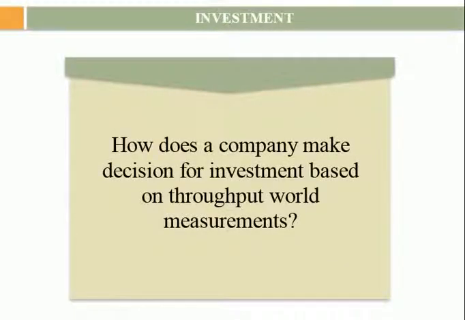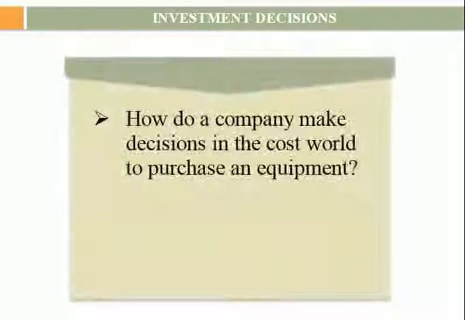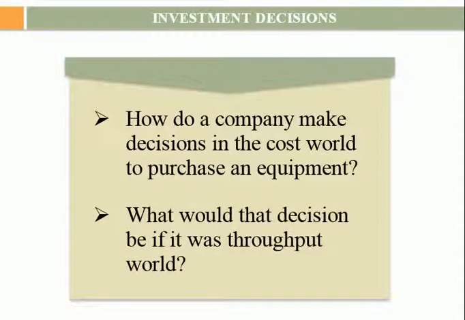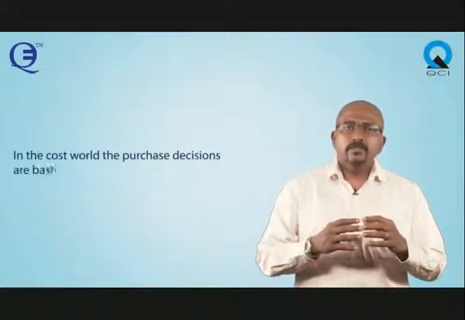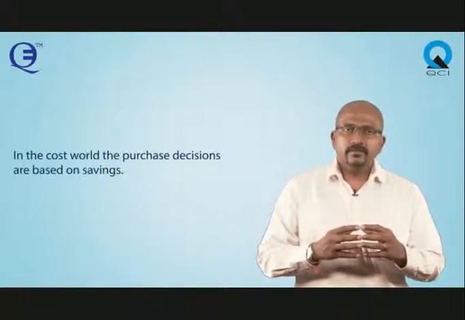Let's look at investments next. How do we make decisions of investment based on throughput measurements? How do we make decisions in the cost world to purchase an equipment? And what would that decision be if it was the throughput world? In the cost world, the purchase decisions are based